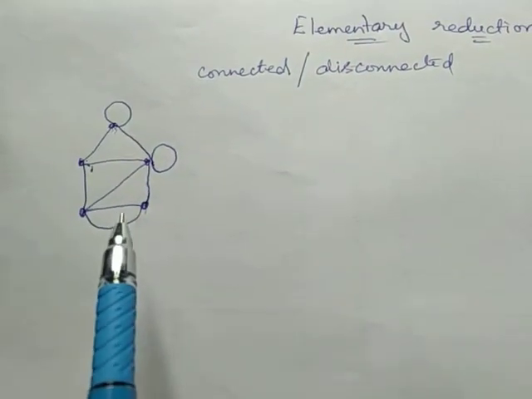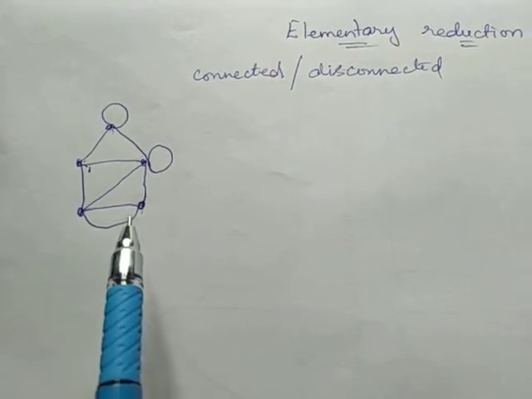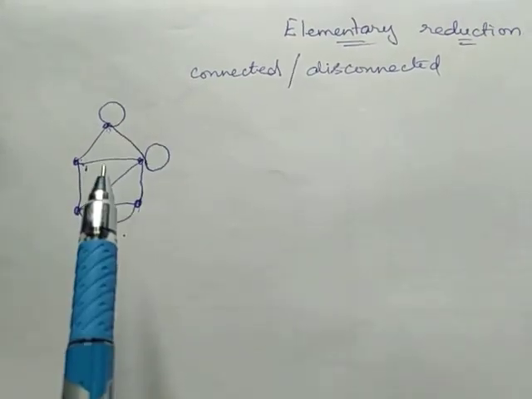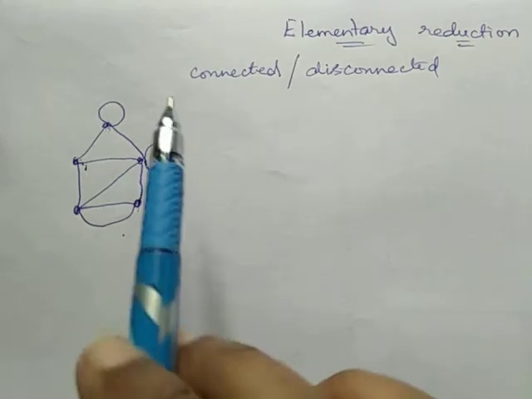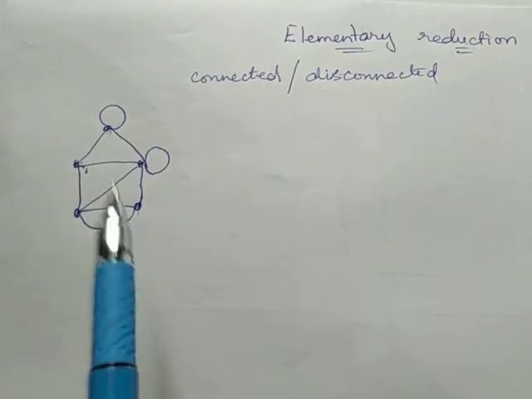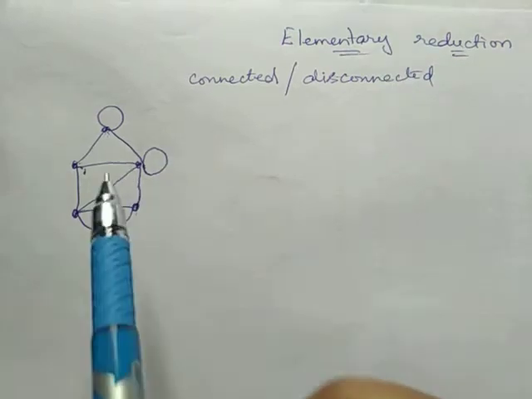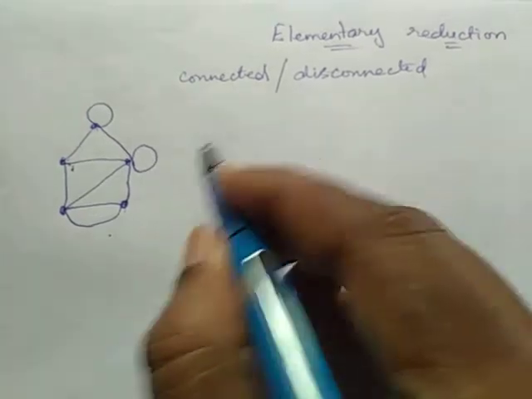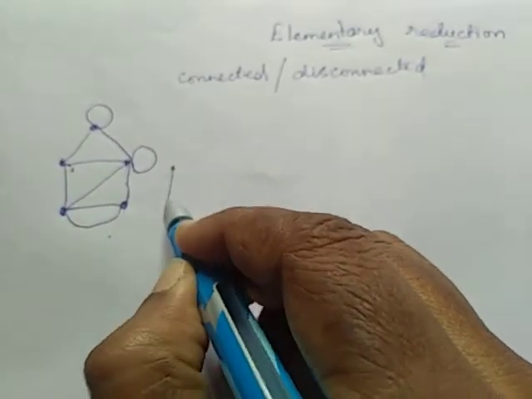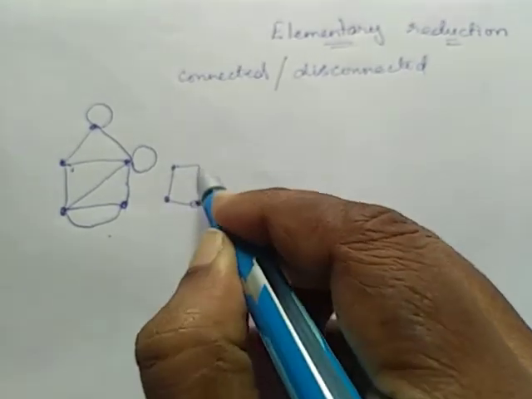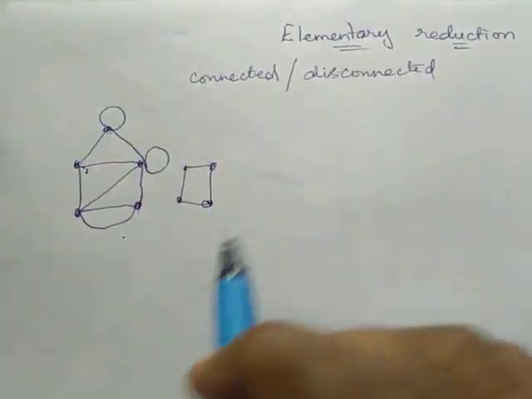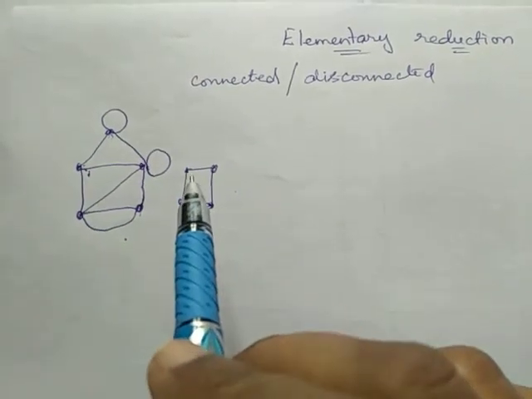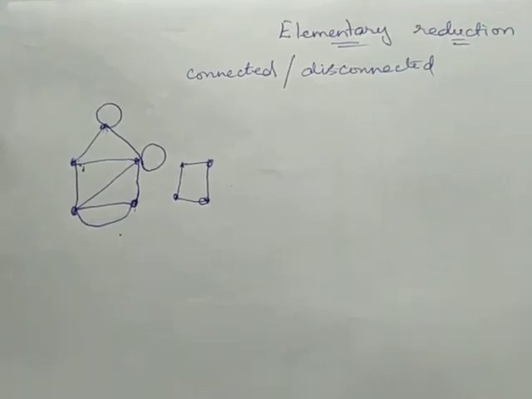See, this is a connected graph and it is a non-separable graph. If we check whether this graph is planar or not using elementary reduction, that result gives us the final result. Suppose we have another component of this graph. So this total graph is G. It has two components. If the first component and second component are in planar form, then the graph is planar.